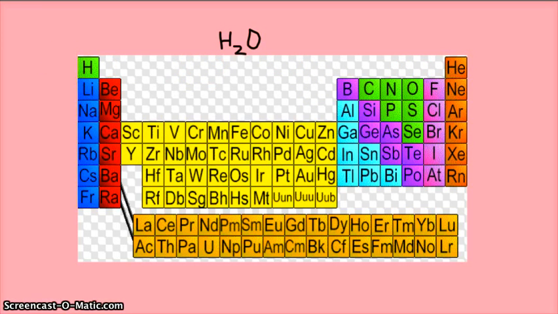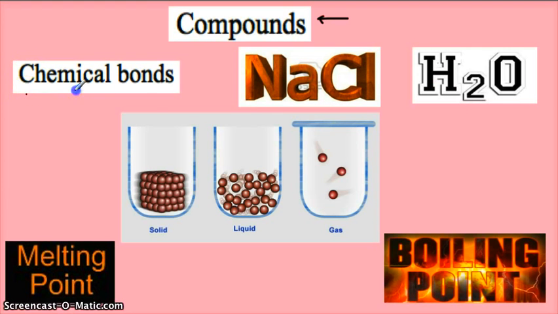The thing we're going to talk most about is chemical bonds. Chemical bonds are the force that holds a compound together. And you might be surprised to know that the forces that hold a compound together are different for each compound. Some of them are stronger, some of them are weaker. Now, we've mentioned compounds like NaCl,